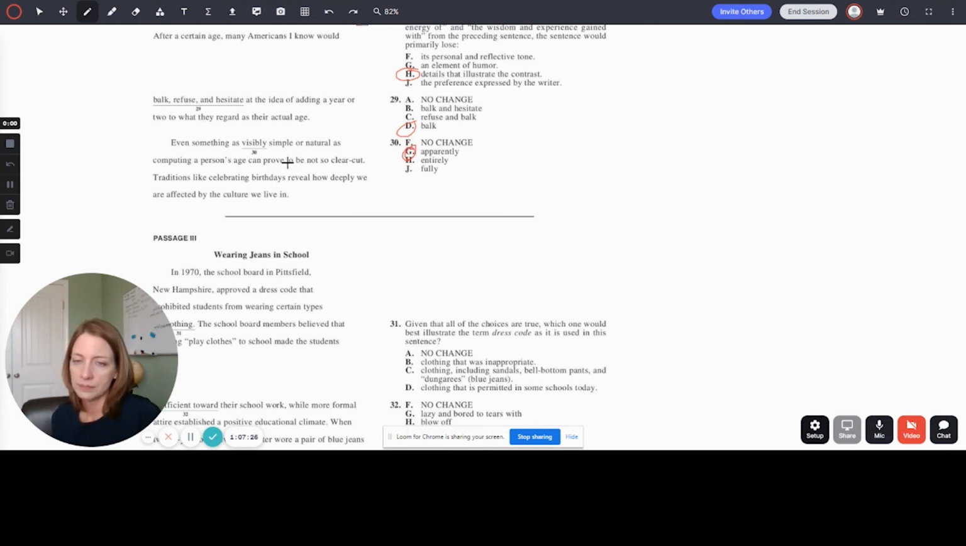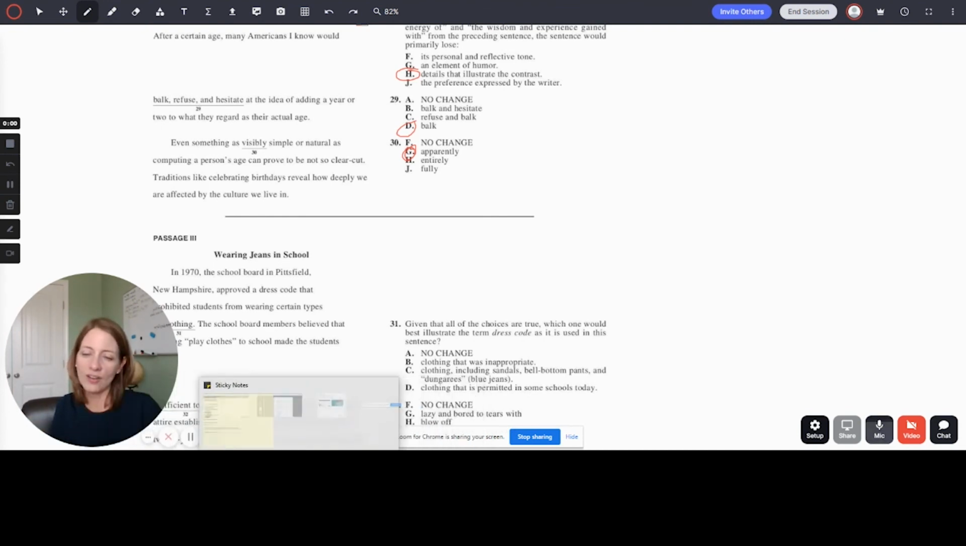I'm not using visibly because that just kind of is looking towards like you can see it. Entirely simple, fully. This is another word choice. Okay. All right. So this is kind of,